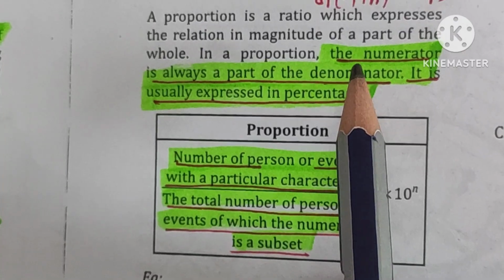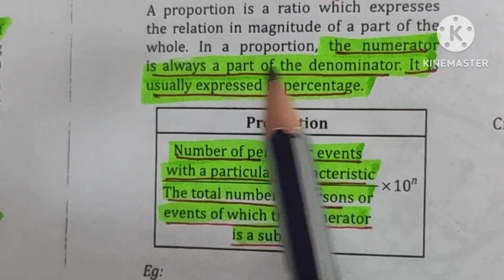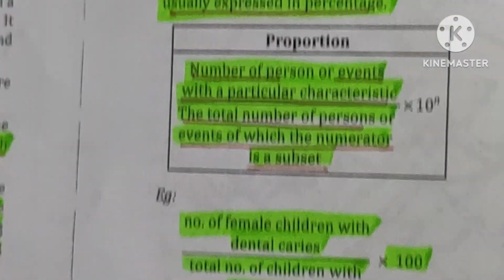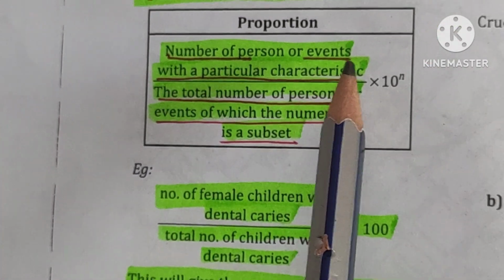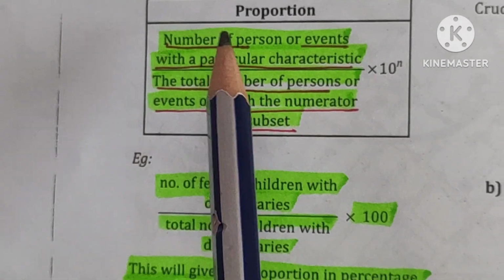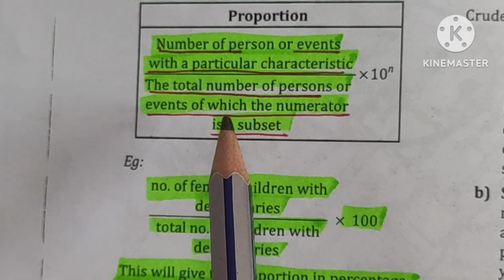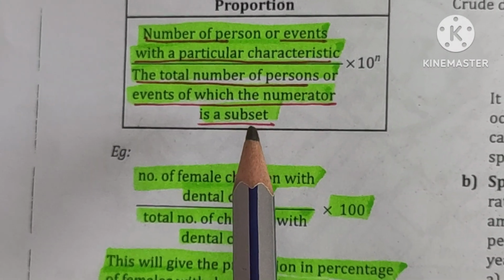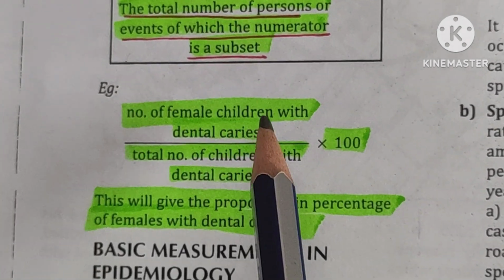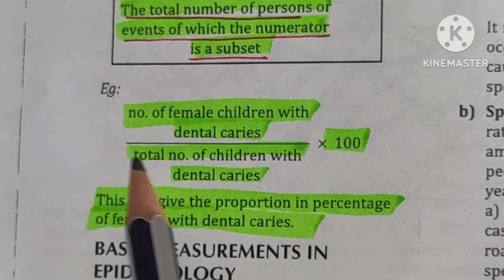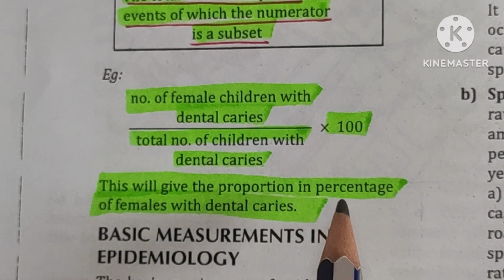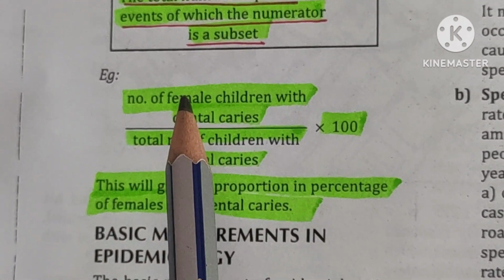The third is the proportion. In the proportion, the numerator is always the part of denominator. It is usually expressed in percentage. So the formula is number of the persons or events with the particular characteristics divided by the total number of the persons or the events of which the numerator is a subset into 10 to the power n, that is the multiplier. For example, the number of the female children with the dental caries divided by total number of children with the dental caries into 100. This will give the proportion in the percent of the females with the